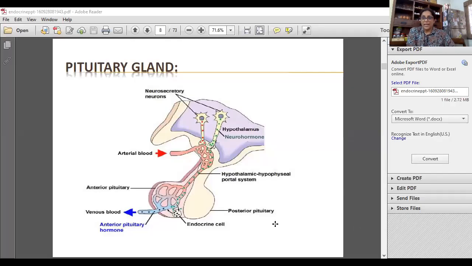Welcome back. As I told you, I will be talking about each system of the endocrine, that is, each gland in detail. So, today we are going to understand the pituitary gland, that is, the hypophysis, which is also known as the master of the endocrine orchestra. This pituitary gland has basically got two endocrinal parts, the anterior and the posterior pituitary. The anterior pituitary is totally glandular in nature, whereas the posterior pituitary is neurogenic in origin. But both of these parts have got some role to play in the endocrinological controls.